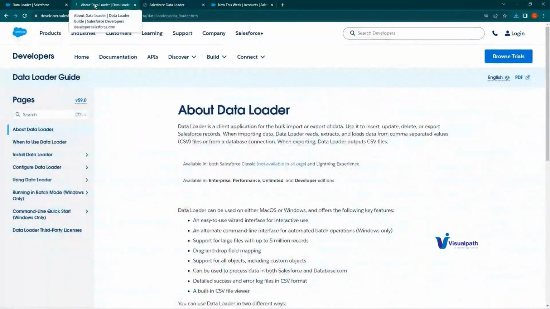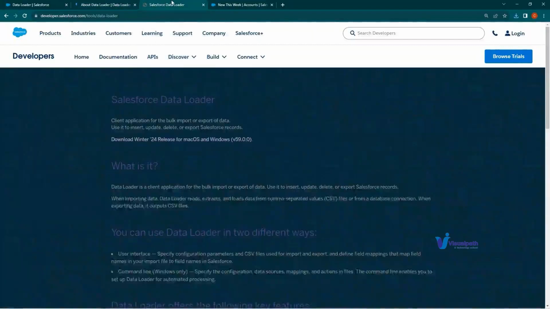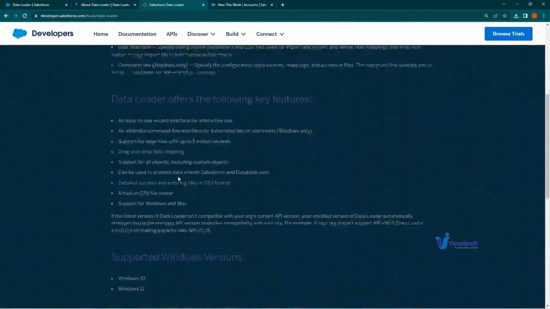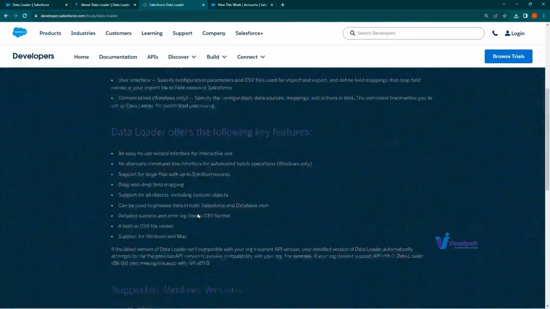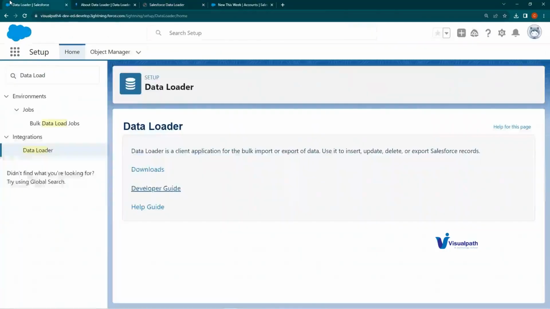You will find all the details here. At a higher level, what is supported, which Windows, which Mac, all these things will be provided. Okay, coming to the point,